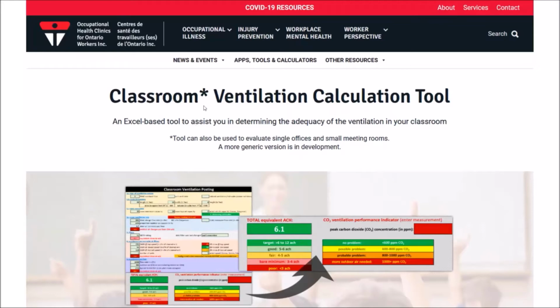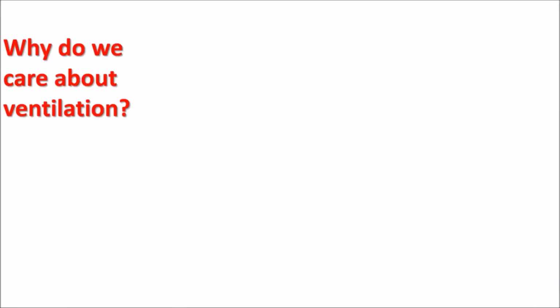Hello, everyone. I was just going to share a tool that I've been working on very recently, so it hasn't been shown at October before. We call it the classroom ventilation calculation tool. And basically, what we're trying to do is